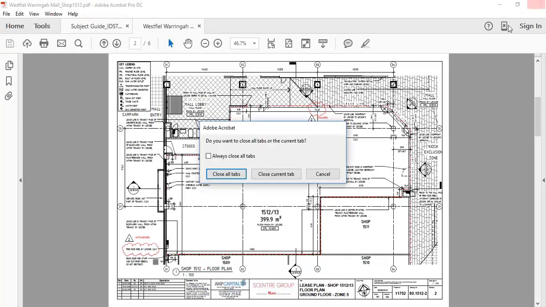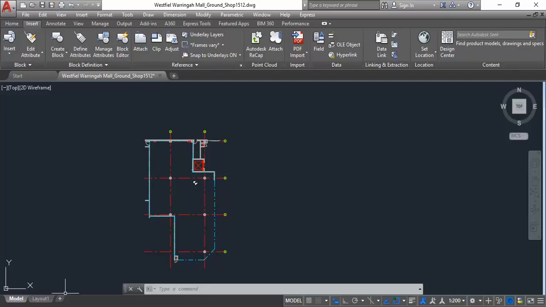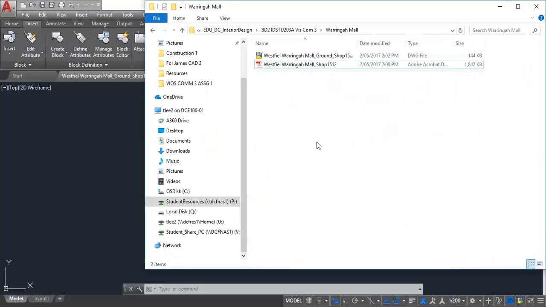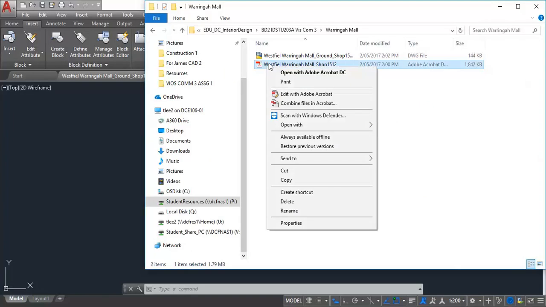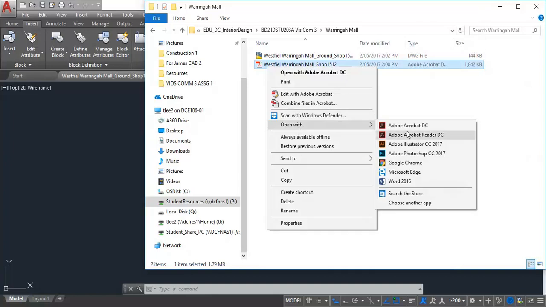Now, I might actually just show you that. If you haven't opened it, or even if you've opened it already, you can just check that it's opened with Pro. The way to check is to right-click on the PDF file in your file browser, and then go down to Open With, and the Pro version is the one that doesn't say Reader. So Adobe Acrobat DC is actually Acrobat Pro. The other one is Adobe Acrobat Reader, which has less features. So choosing the top option there, Adobe Acrobat DC,